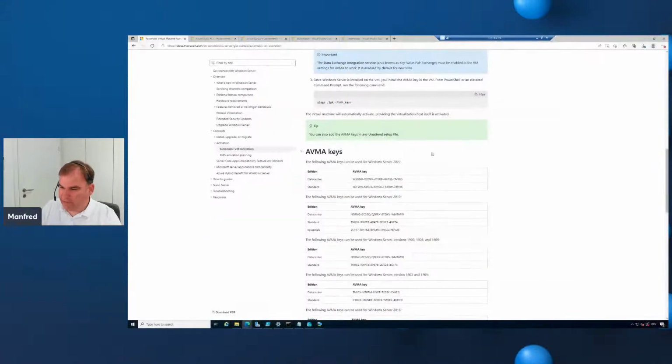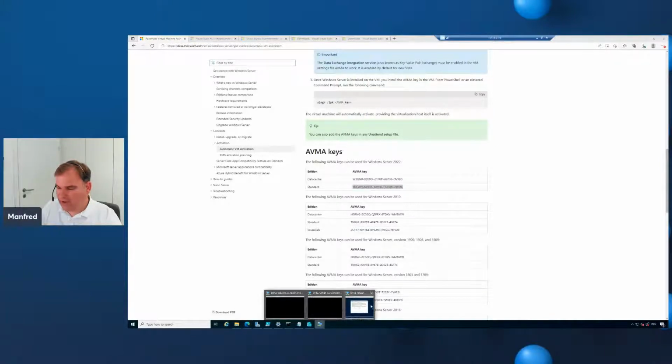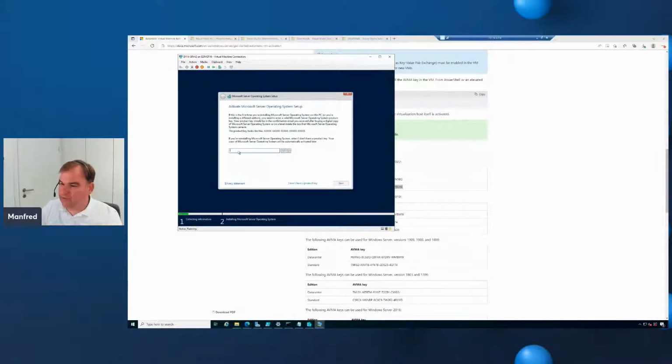So I installed my data center host with a data center key I bought with my hardware. This data center host is activated at Microsoft, and so I now can use the automatic virtual machine activation key inside the VM. So I don't have to configure anything else for automatic virtual machine activation. I'm only using this key, and because I want to install the standard edition, I'm using here the standard key,